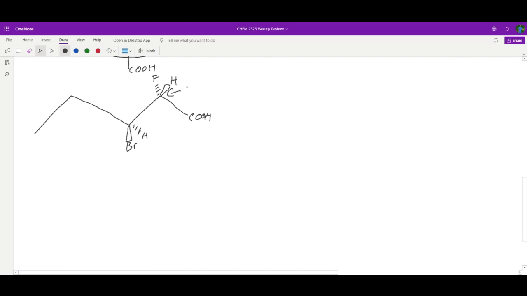Okay, so I know this is R, and this is S. Okay. All right, so I have my line, and then I have my chain substituents in the middle. So